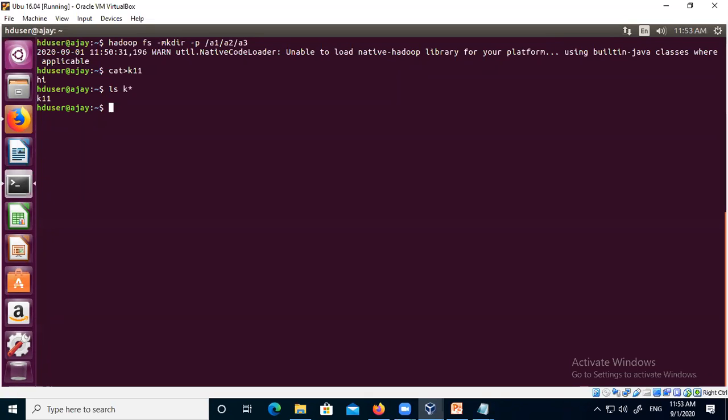Okay, what other way can I do it? Please suggest. I want to copy this file from the local file system to the distributed file system. So what command should I write? Please suggest. You can raise your hands to suggest. Okay, no hands, so I can do it on my own. Hadoop fs hyphen. Usually we write put. But I'm saying don't use put. So in that case, you can use copy